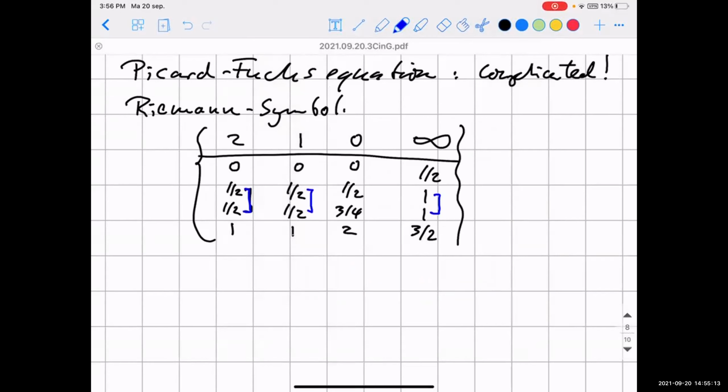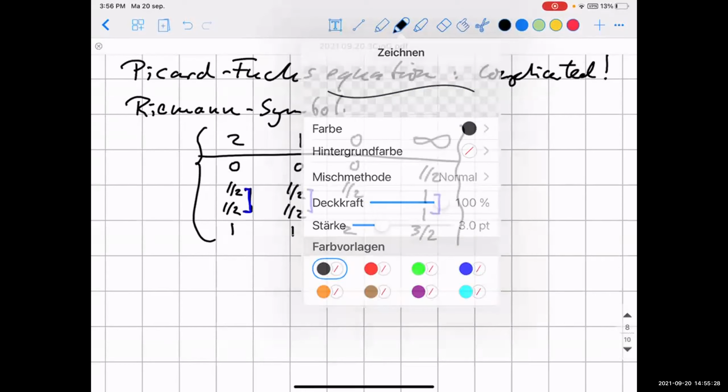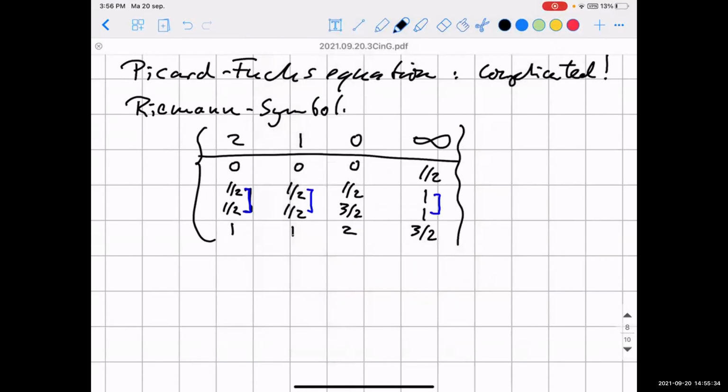I made a writing error here, 3/2. Now, from the classical theory of differential equations, there can be a logarithm if the exponents differ by an integer. Here the exponents are 1/2 and 3/2, so there could be a logarithm. But now this is the surprise, our surprise. When we computed the solutions around 0,